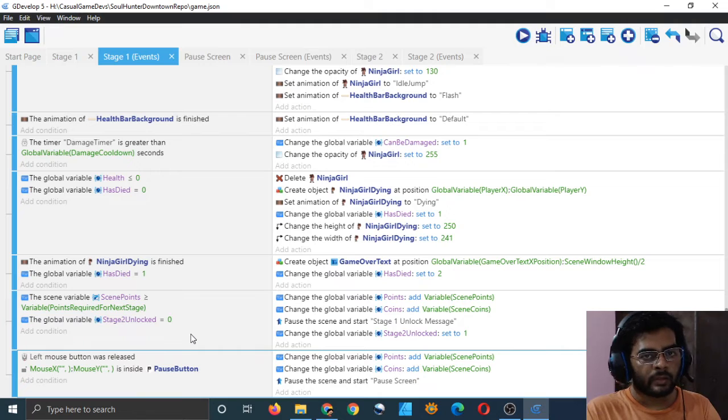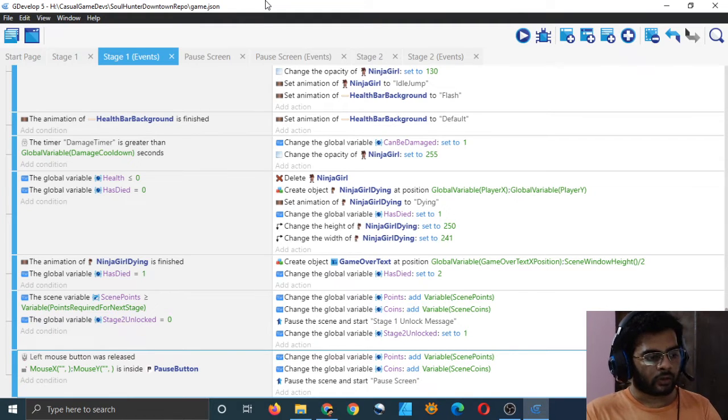So the player can just keep pressing pause, keep coming back to the stage, and their points will keep getting added to the global variables. So in this case, when the player is pausing, I think we should not add the points, right? So let's not do that.